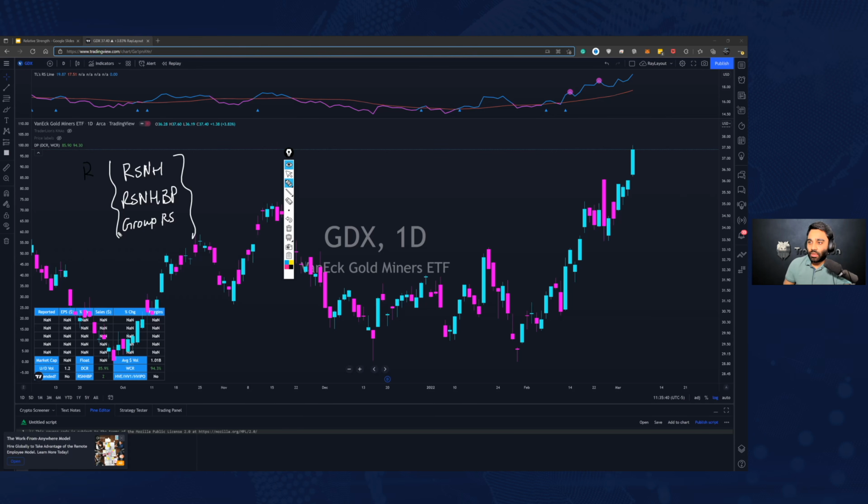So you can plot it versus IXIC, which is the NASDAQ composite. And you could do that in TradingView if you want. The important part here is just have conviction, go back and study it versus the NASDAQ, so that you're not